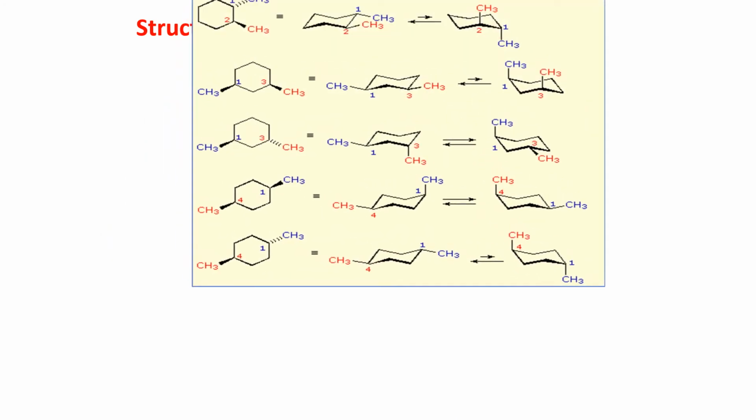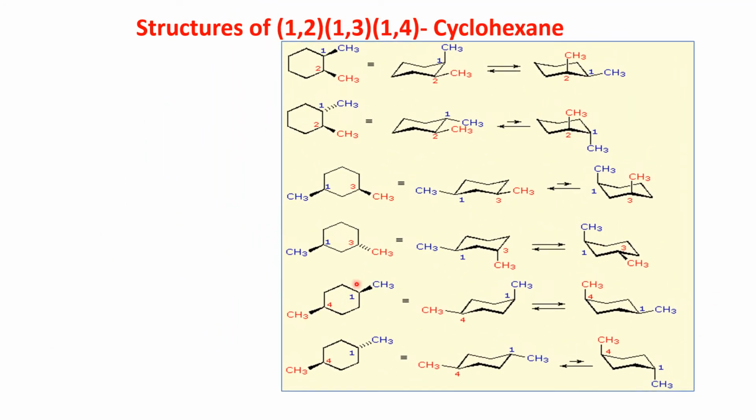And the structures of the cyclohexane. How will the structures be? See, this is the structure. These are the possible structures; there is no other possibility. The first structure is the cis compound. See the solid wedge. If both bonds are solid wedges, then that is a cis compound. If one is a dash line and the other is a solid wedge, then that is a trans compound. That is the way you need to differentiate cis and trans compounds.